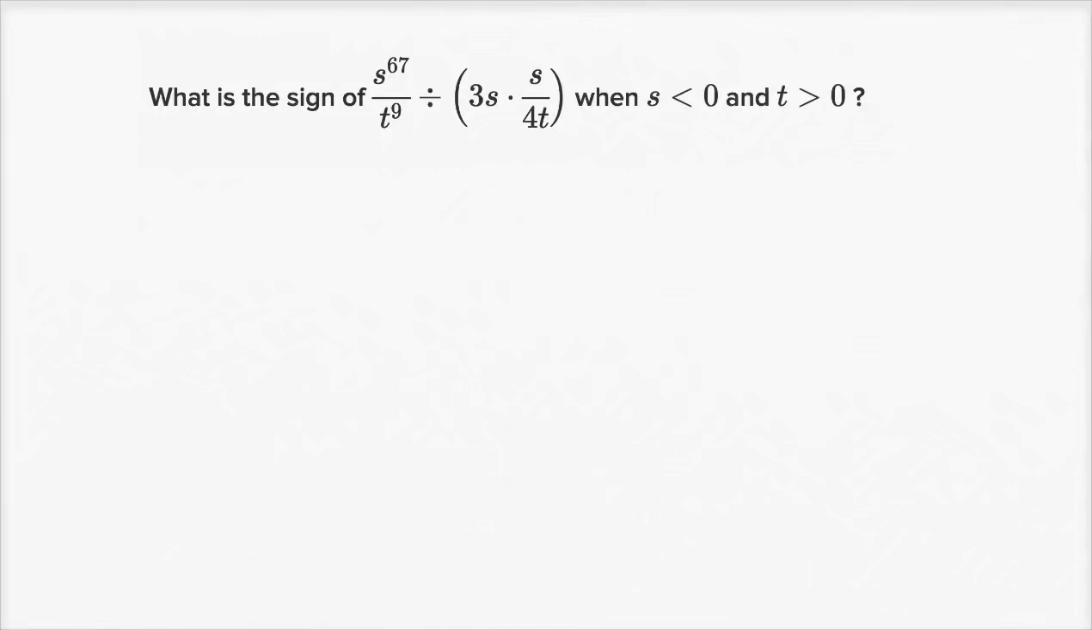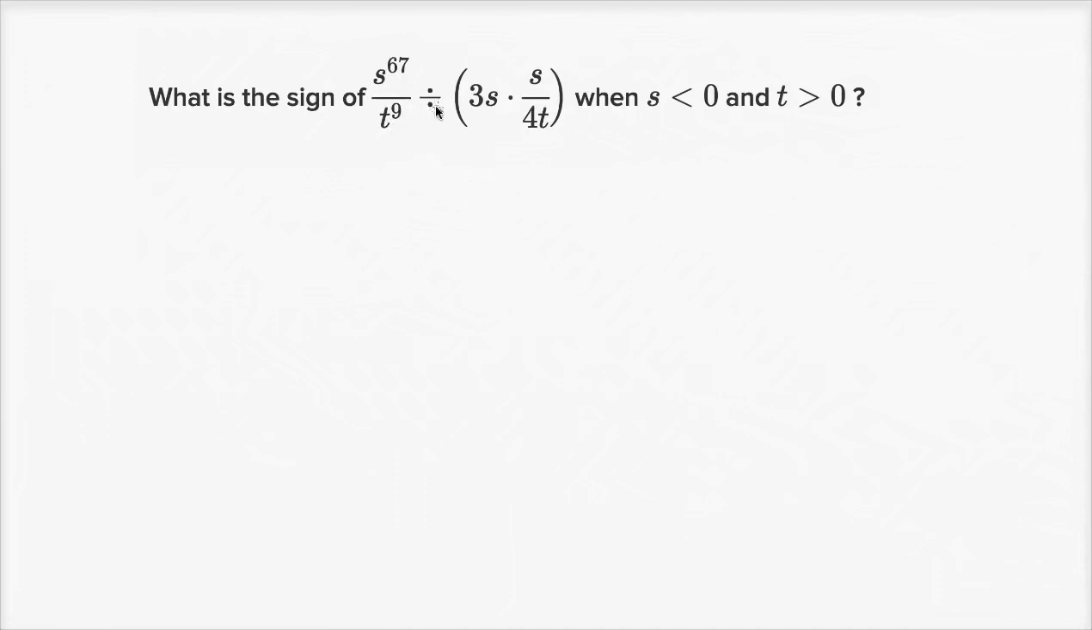Let's now do some examples that test our understanding of what happens when we multiply or divide a bunch of positive or negative numbers together. And like always, pause the video and see if you can work through it on your own before I do it. So first question, what is the sign of s to the 67th power divided by t to the 9th